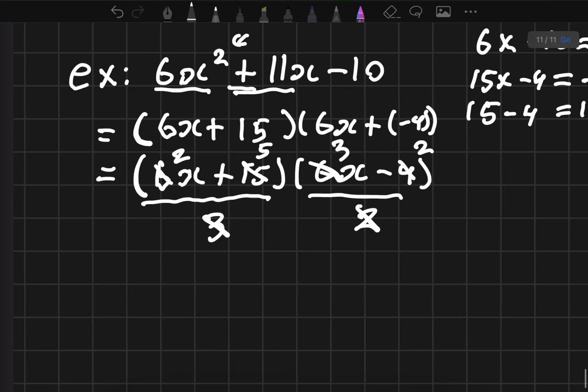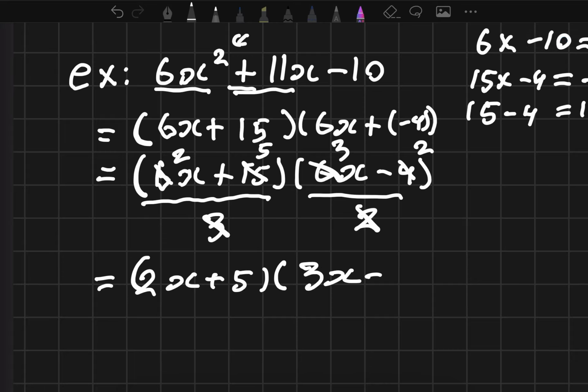This would leave us with 2x plus 5 multiplied by 3x minus 2. So those are all the factoring